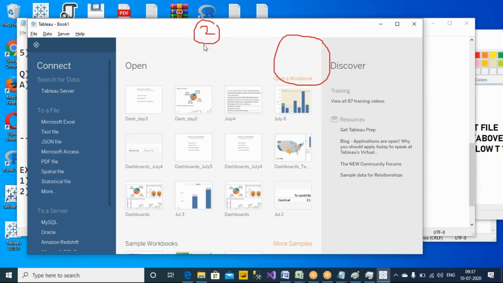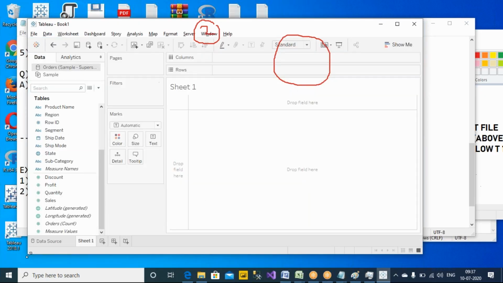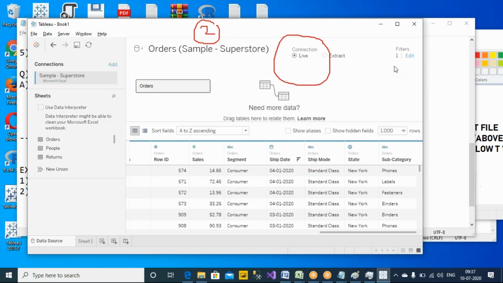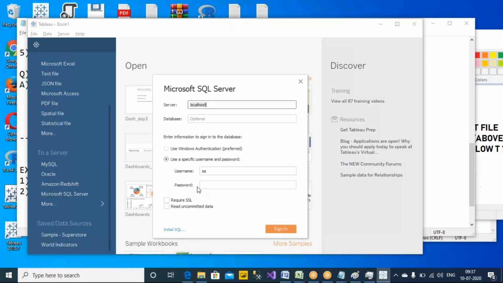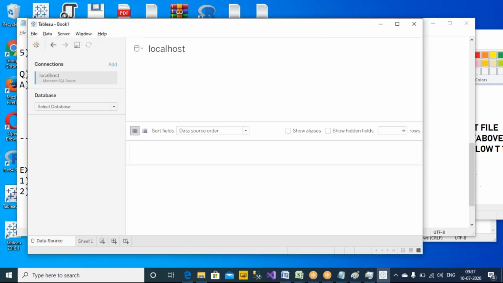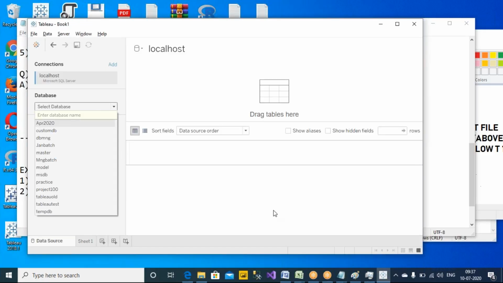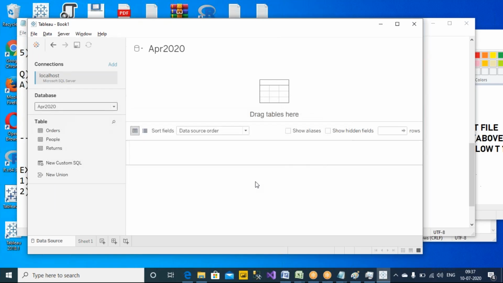But observe, this is the Excel file, isn't it? If I connect to a database, how do we do that? So let's connect to the database very quickly, if it is running. This is on my local machine. Let's select any data here. I'm selecting one small similar database, and if I drag this table,